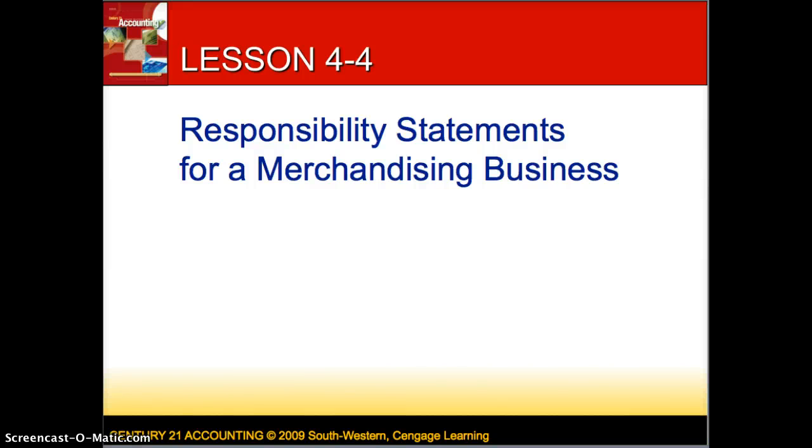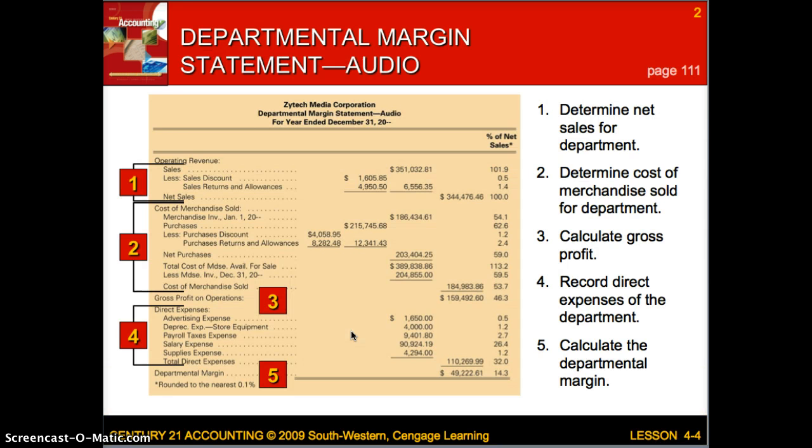This is Lecture 4.4, Responsibility Statements for a Merchandising Business. This is found on page 111 of your book. Okay, here we go. The first responsibility statement that we have is called our departmental margin statement for the audio